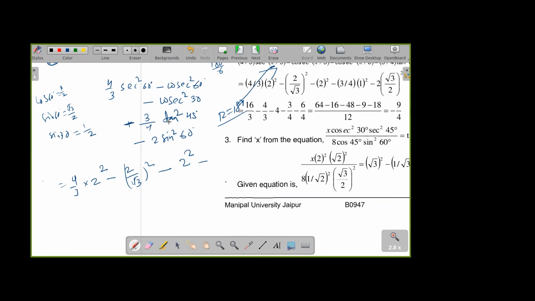tan 45. 45 is 1. Whether it is tan 45 or cot 45, in both cases 1. So 1 square. And at last 2 sin square 60. Sin 60 we know root 3 by 2. Sin square 60, it's root 3 by 2 whole square. That means,